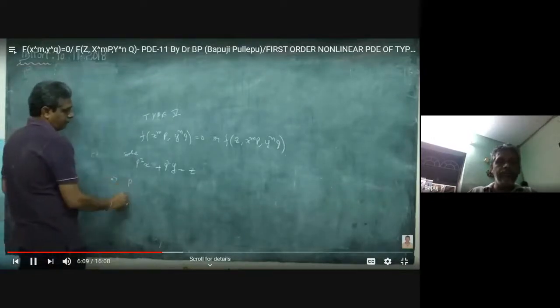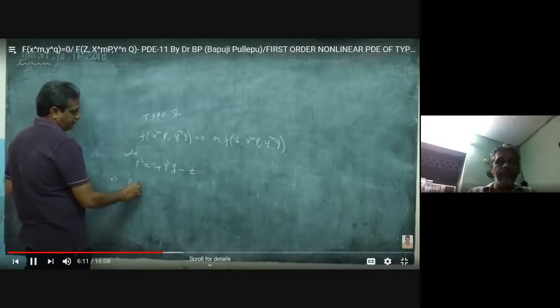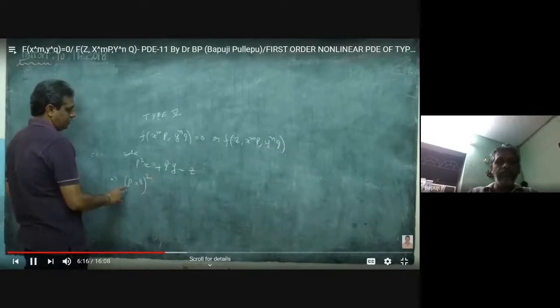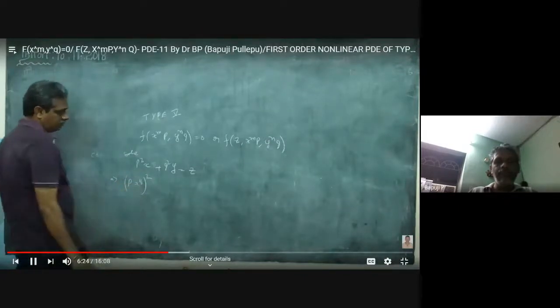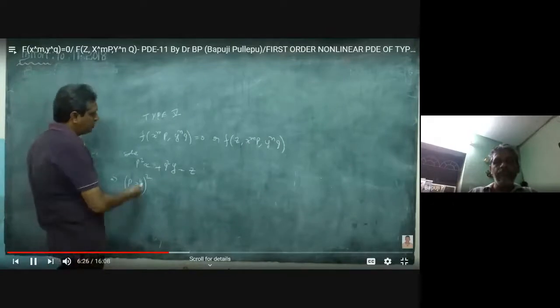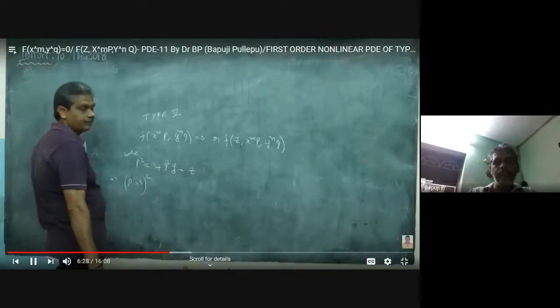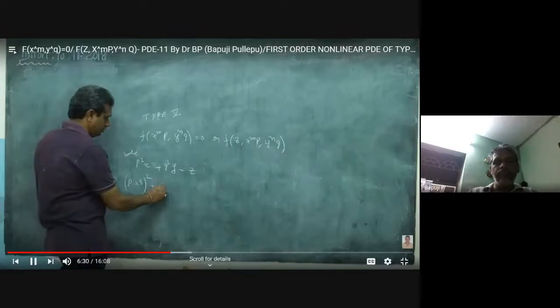If I write p power 1, what is it? X power 1 by 2, create whole square, satisfying the p square, x power 2 by 2, nothing. So we are just doing something. We have no right to change the problem, but we can do something and bring what I want. That is the mathematics. Q